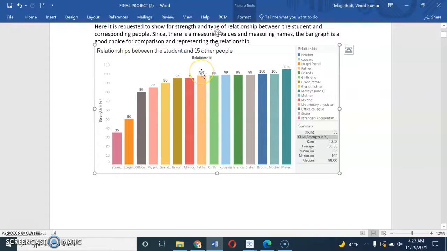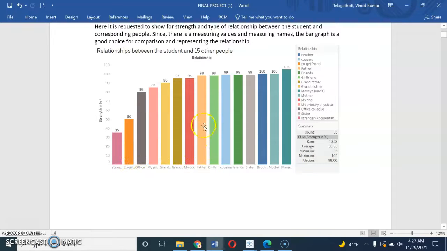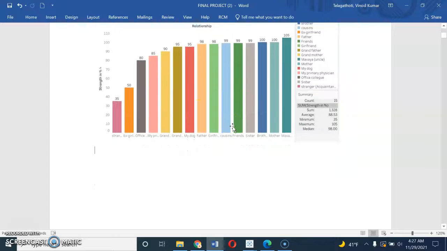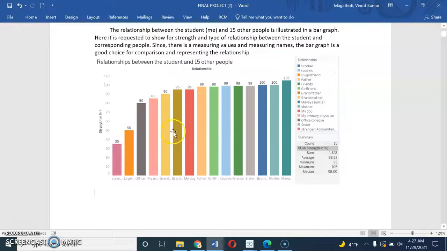The range starts from 35 to 105. The lowest value is 35 and the highest value is 105. Here, this bar graph is used to compare the relationship and the bond strength between the student and his relations to 15 other people.